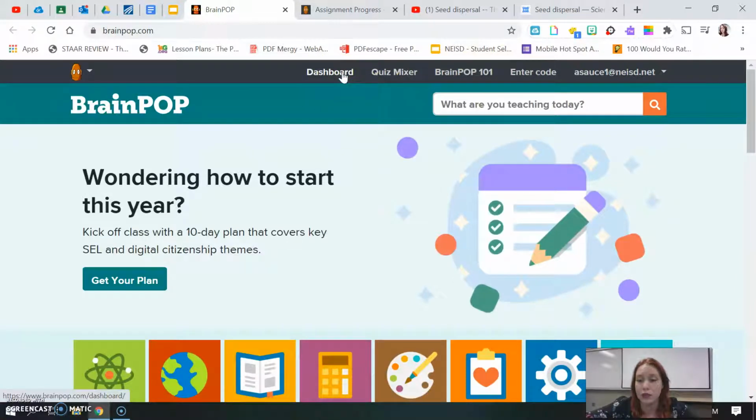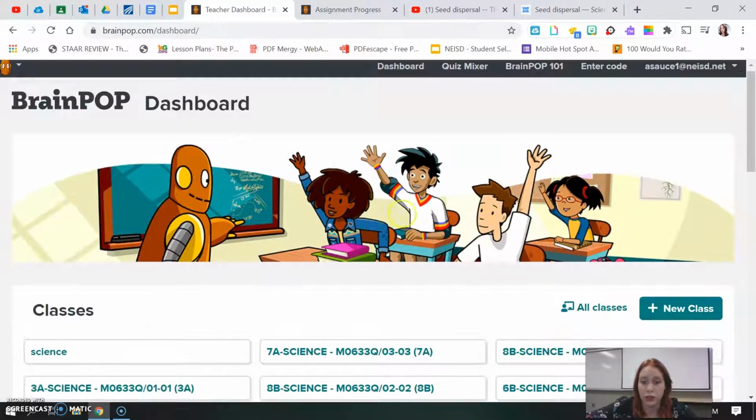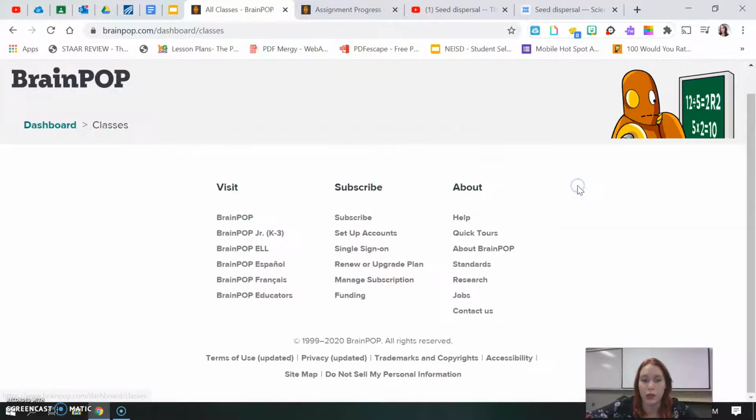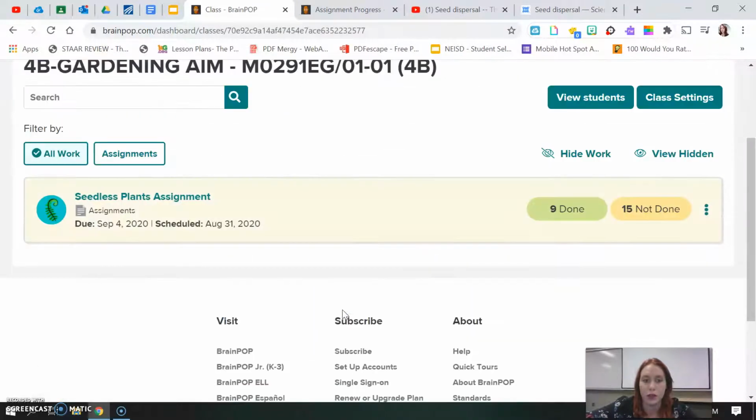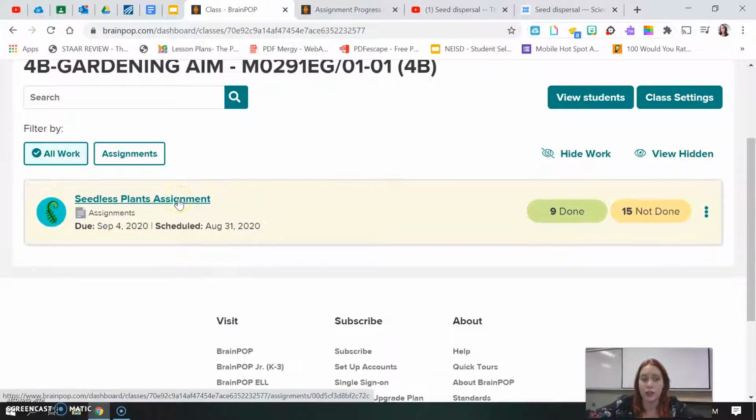What you're going to look for up on top is your dashboard. Yours is going to look different than mine, but you will have a dashboard. Click on your dashboard, and yours will come up with your assignments. Mine shows my classes, but when I click on your class, you'll see your assignment for the day. So you should see this when you click on your dashboard, Seedless Plants Assignment. You're going to click on the Seedless Plant Assignment,